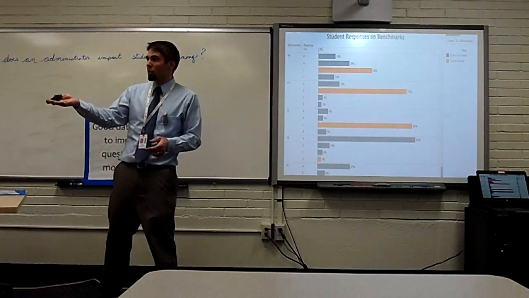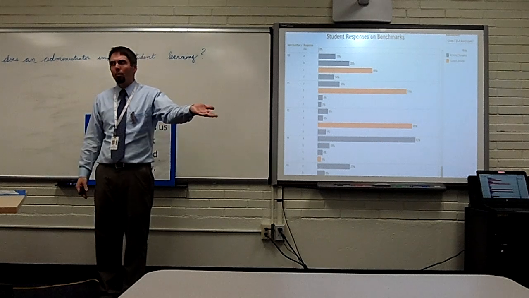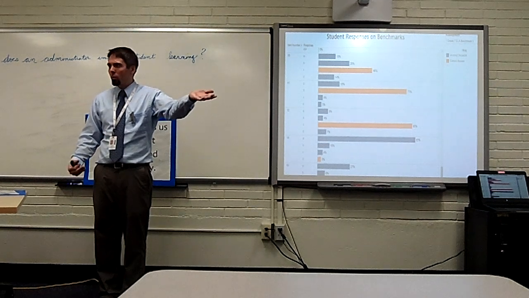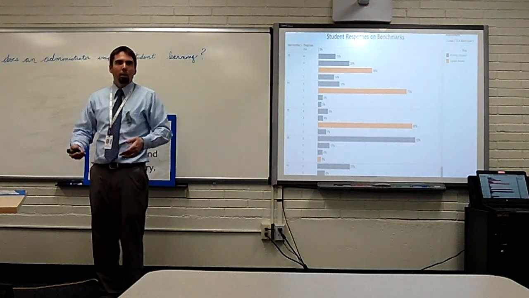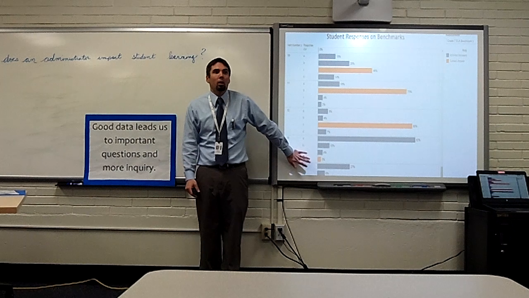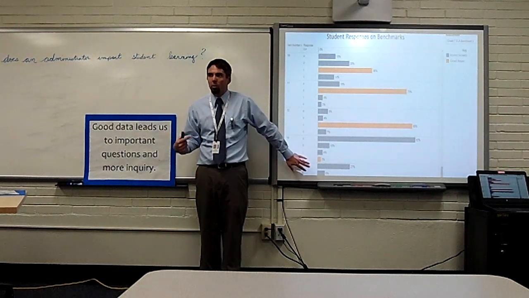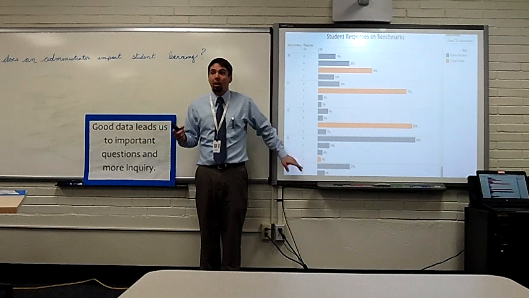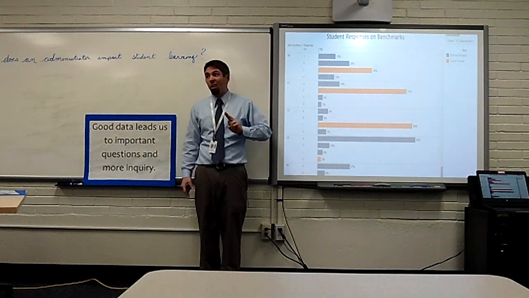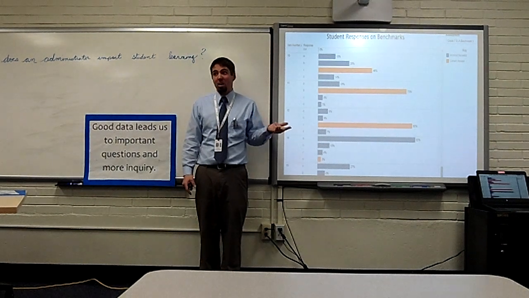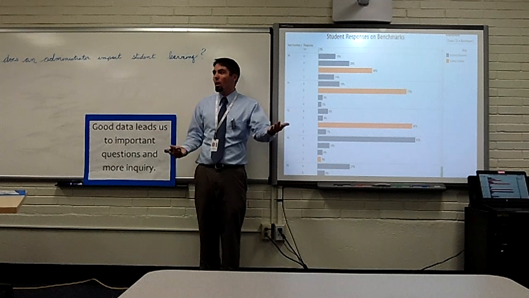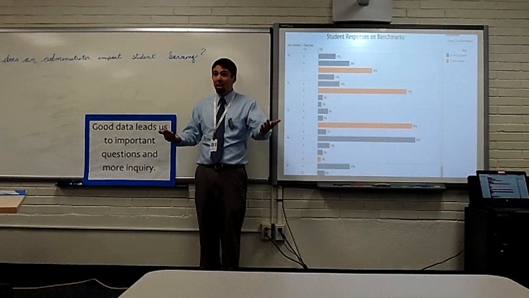So thanks for bringing that up. It's easy to just change the test because, yeah, garbage in, garbage out. You could totally have a bad question. Happens all the time. You guys know the phrase garbage in, garbage out: a bad question is going to result in bad data, right? So we want to avoid that, but in our looking at this, we also need to force ourselves to come up with other possible explanations as to why. Maybe it wasn't that the question was bad or that they don't understand, but maybe my answer key is wrong, maybe actually A and D both could have been right answers, and we didn't think of a different way to think about it as the kids did.